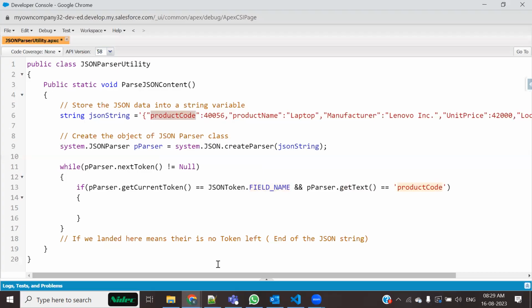भाई आप यहाँ पर खड़े हो अभी प्रोडक्ट कोड पे, क्या ये फील्ड नेम है? हाँ है। यस। एंड पी पार्सर डॉट गेट टेक्स्ट, अगर वो फील्ड नेम है तो गेट टेक्स्ट, उसका टेक्स्ट निकालिए। और क्या वो टेक्स्ट प्रोडक्ट कोड है? ये हार्ड कोडेड है, बिकॉज ये हार्ड कोड ही रहेगा। आगे में हम इसको सॉफ्ट कोड भी करेंगे, डोंट वरी।